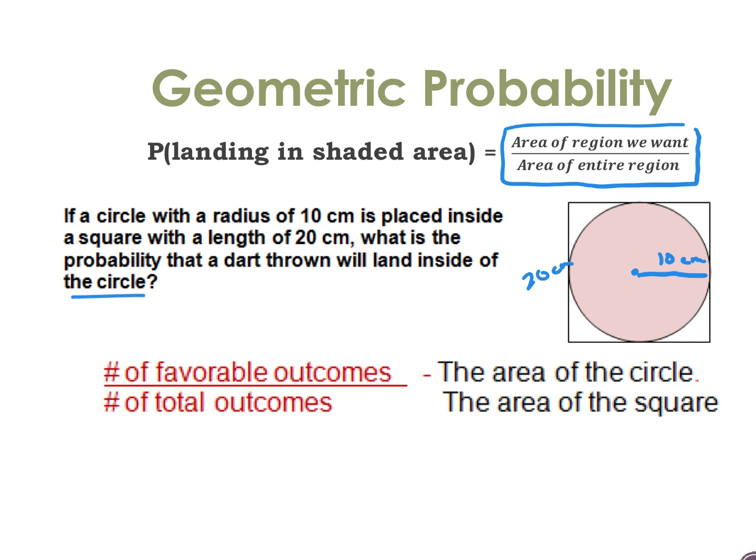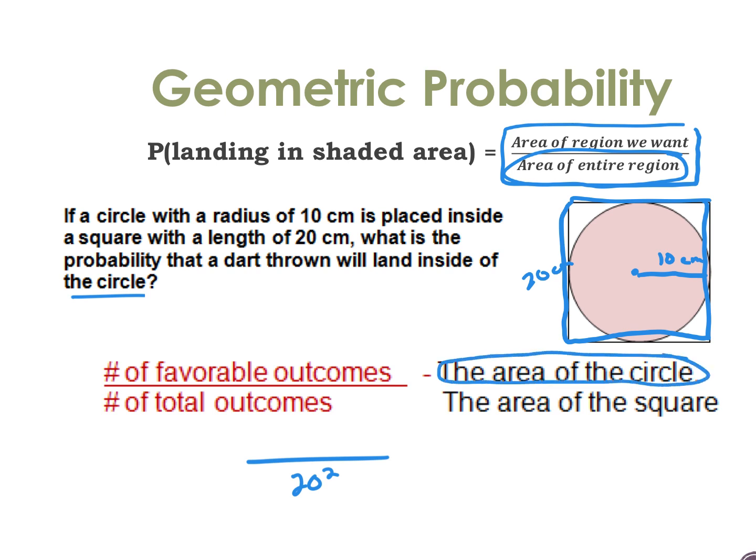So in this case, our entire region is going to be the outside square. That is our whole surface area we have to deal with. And so it's going to be out of the area of the square, which we know a square is 20 times 20 here, so it'll be 20 squared on the bottom. Over the, looks like the top part's going to be the shaded area, that's what we want to land on, and that's the area of the circle. And the area of the circle we use is pi r squared. Since the radius is 10 here, our setup on top would be pi times 10 squared. So if I simplify this, I get 100 pi divided by